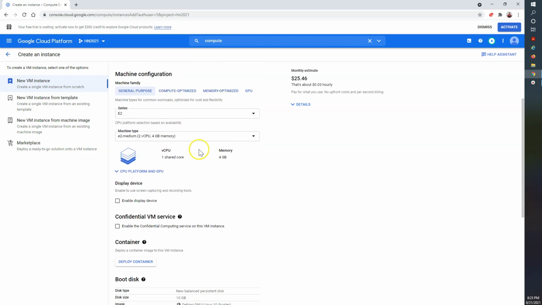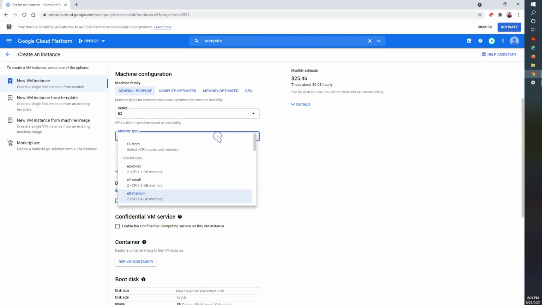The next configuration is the machine configuration. So there are four different sections in the machine family: general purpose, compute optimized, memory optimized and GPU. So this is based on your requirement, what machine type you need, what kind of configuration your machine needs, like how many CPUs, what your RAM configuration is. So these are different configurations, high memory, high CPU.